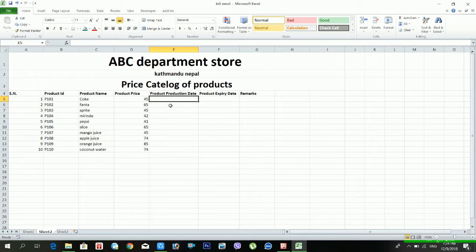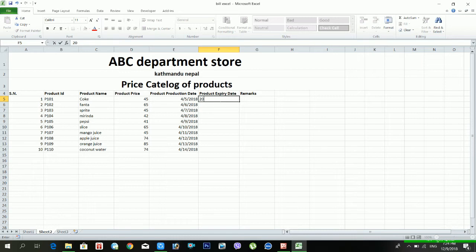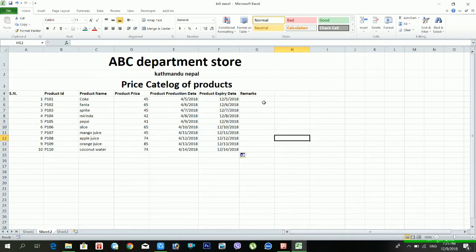And for the product production date, it means manufacture date, I'm putting 2018, okay, 4, 5. I'm putting the same date for each product, but it can be different for your business, but I'm putting the same date just for example. And for the product expiry date, we need to put 2018, okay, 12, 5. Okay, I just put this one like this. Then from here I start to increment. Okay, for the remarks,